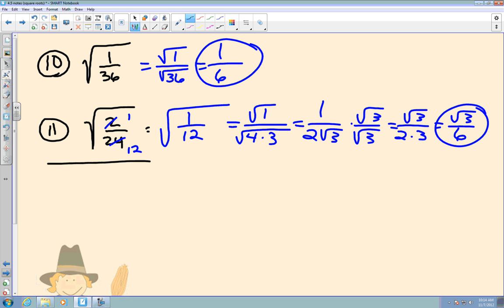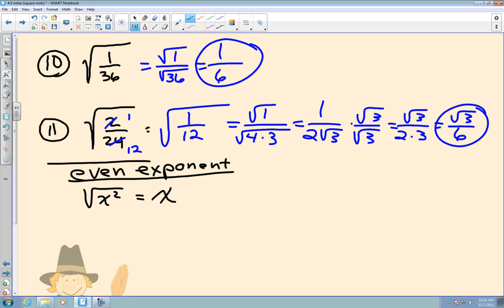We're going to put variables in here. If I have a variable raised to an even exponent, say the square root of x squared, what's the square root of x squared? Just x. Remember, the root sign and the squared cancel each other. Now, if I have another even exponent, say the square root of x to the 6th